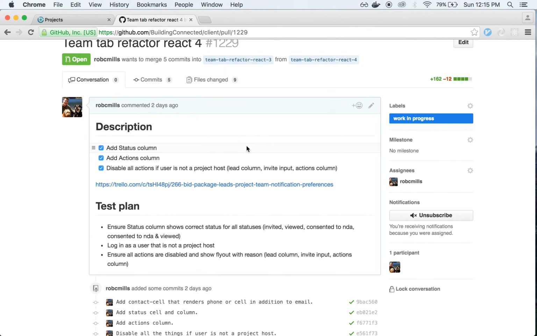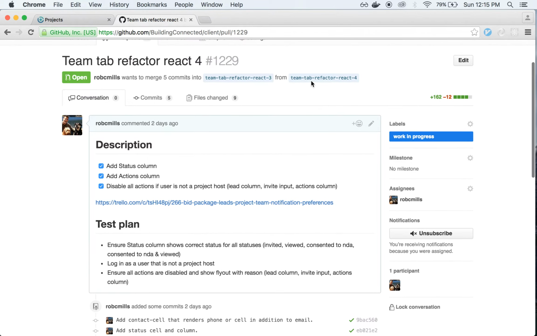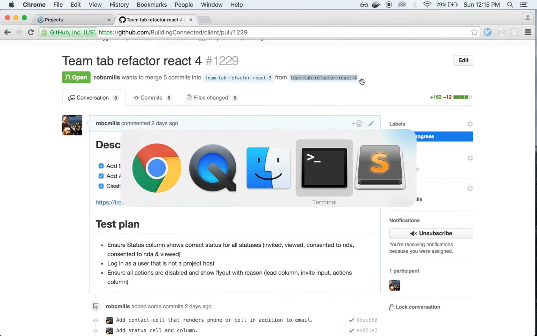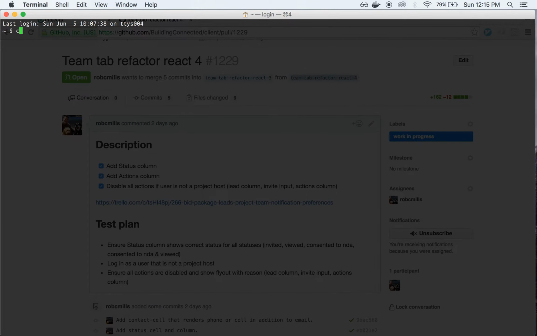So I'm adding the actions column. I've added everything else in React. I've recreated all of the components, the invite component and everything. So this guy. All right, so we're gonna go